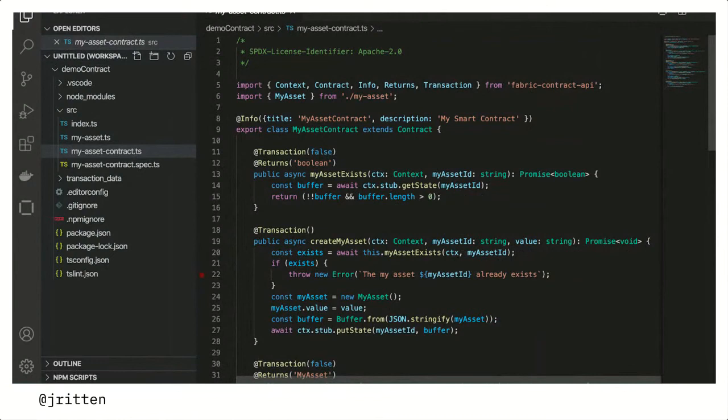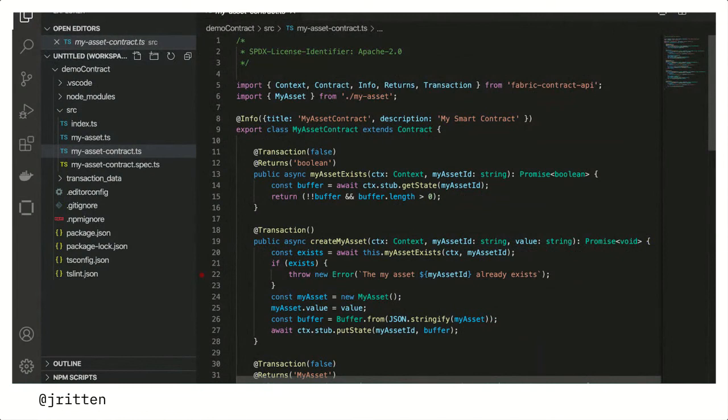If you're this far, or you get this far watching this in a playback later, give yourself a big pat on the back. You've got yourself your very first smart contract, and it was that easy to spin one up. You're able to select what language you'd like to create a smart contract in. You're able to spin up a new project, and the code has been generated here in the code of your choice. So we have TypeScript here.